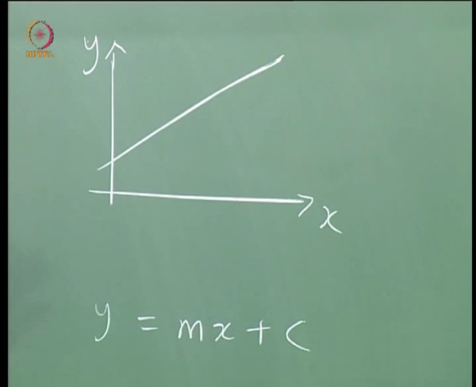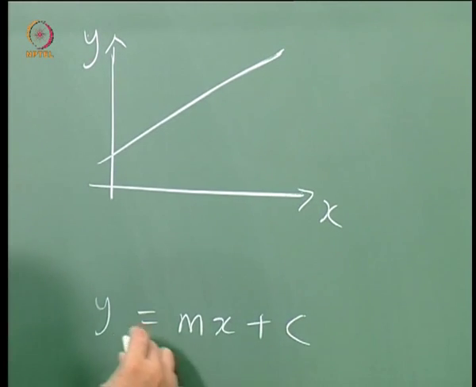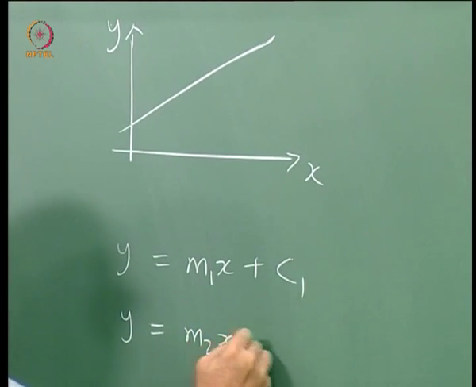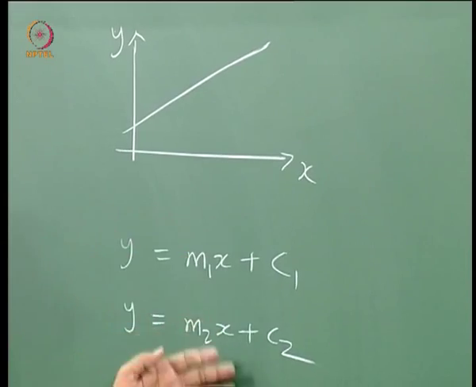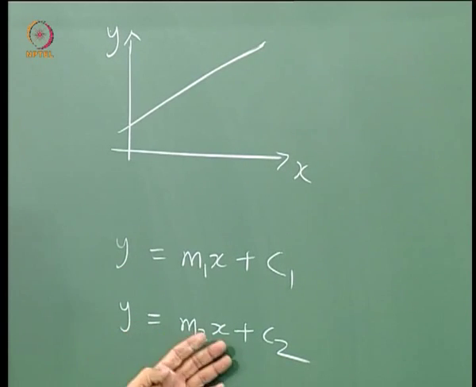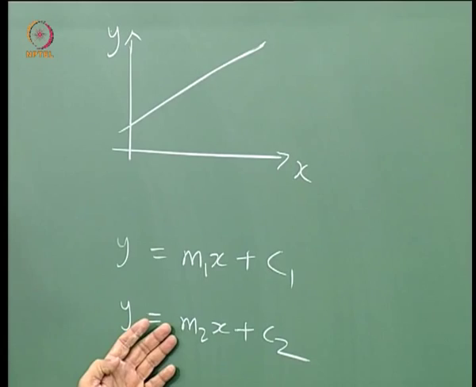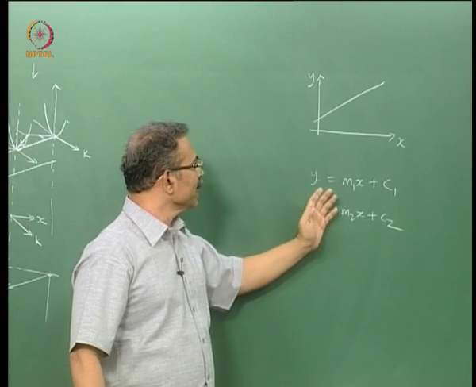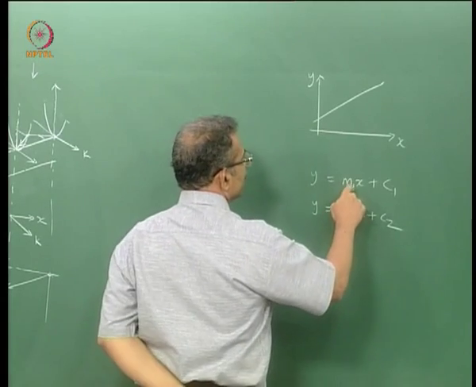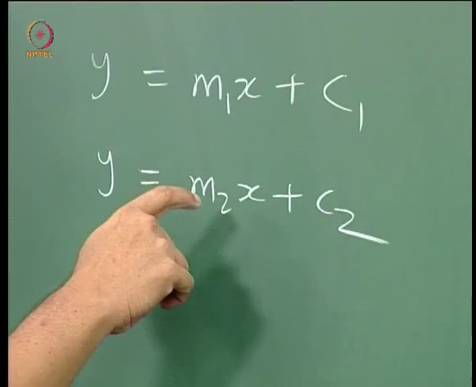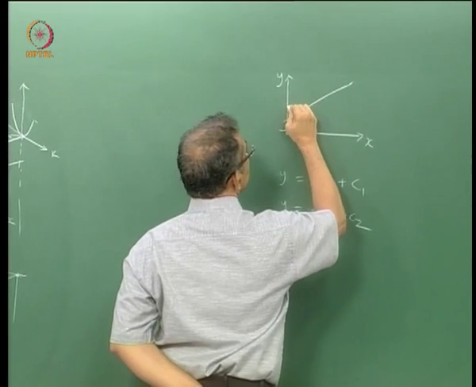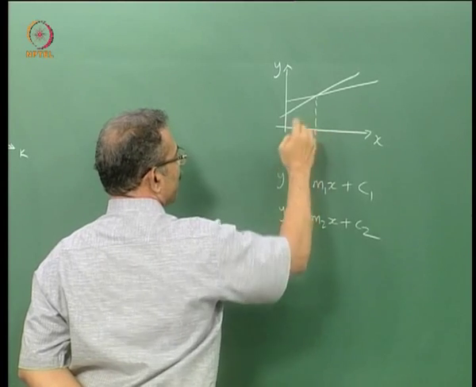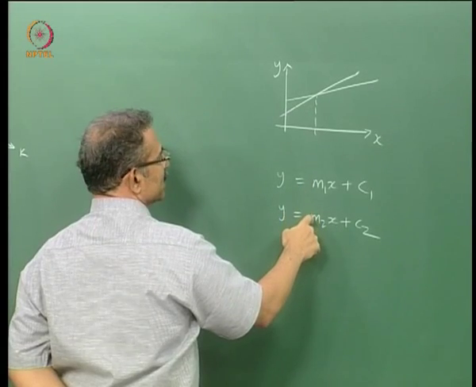Let me give an example where a graph is used as a problem solving tool. Supposing I have two equations, y equal to m1x plus c1 and y equal to m2x plus c2, and I want to solve these two equations simultaneously, that is, get the values of y and x which satisfy both equations. Now you can do it solely by algebraic manipulation, or you can do it graphically. So what do I do? I represent this line on the graph, which is this one, and I represent this line also on the graph. So maybe it is something like this, and then the point of intersection is actually the solution of these two equations, okay.